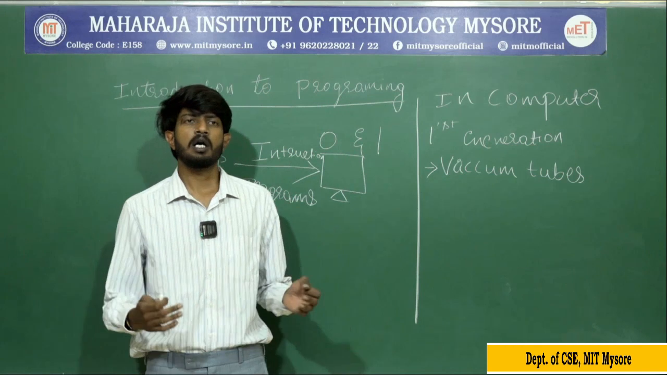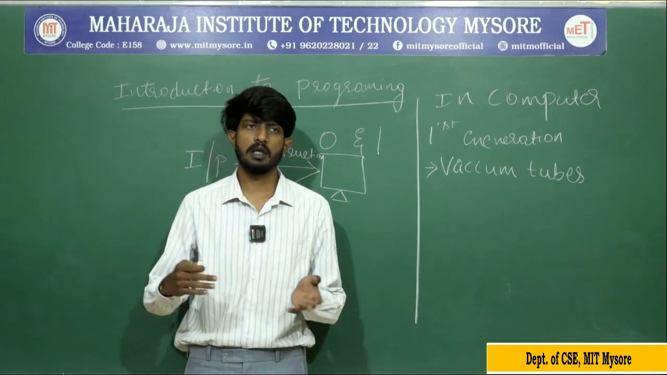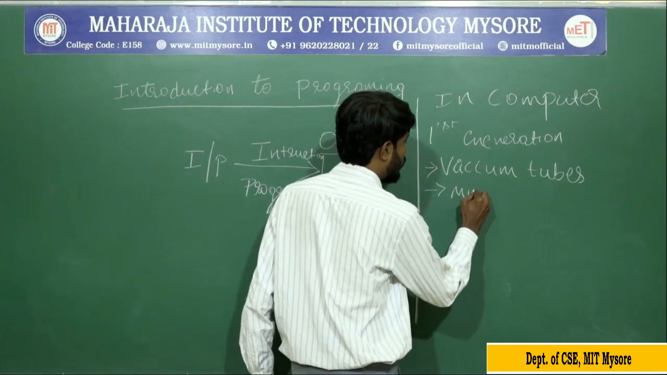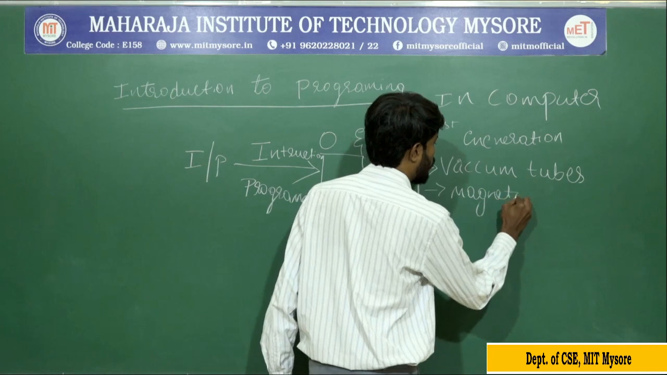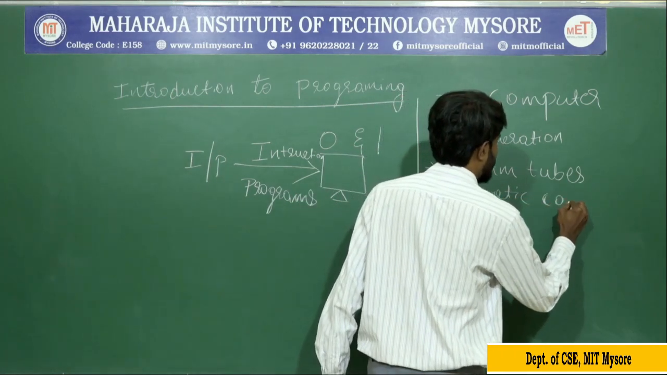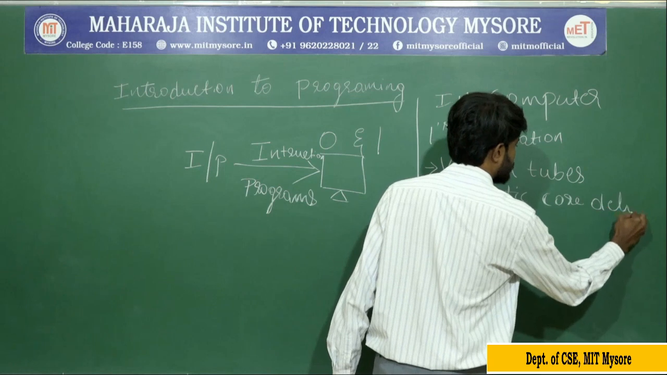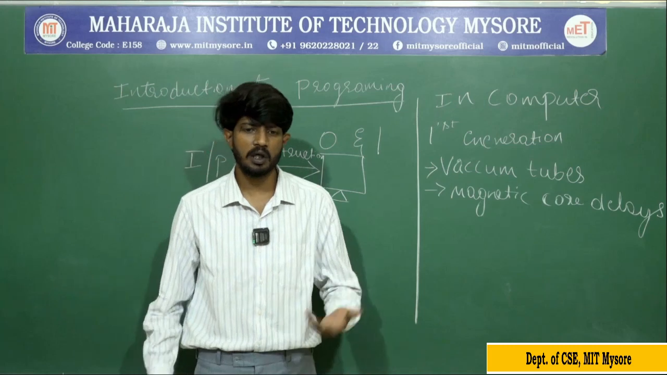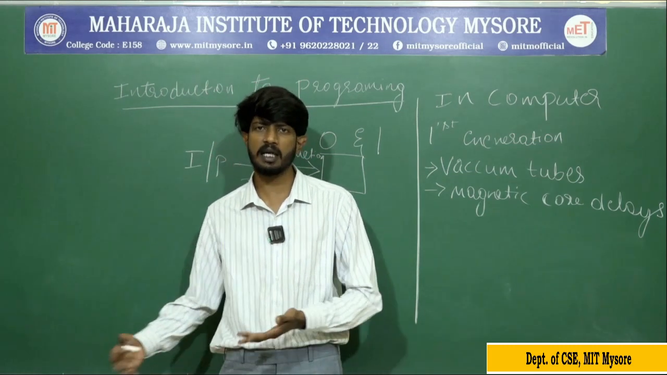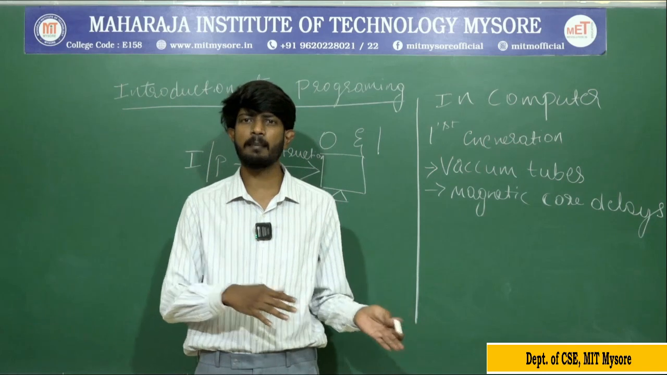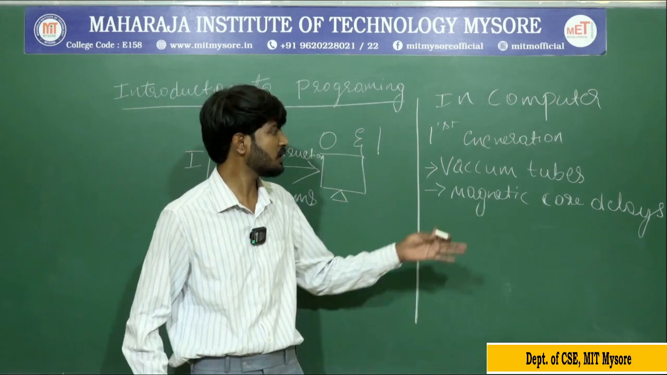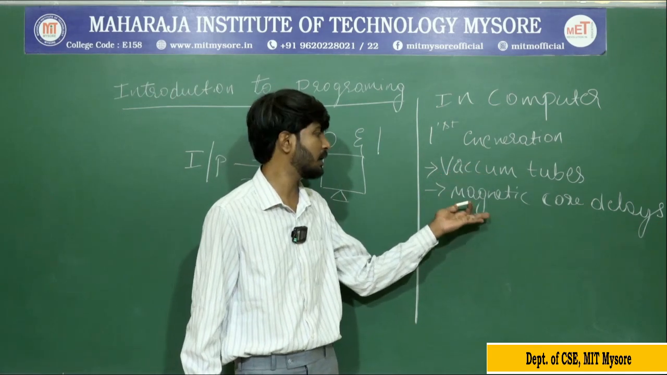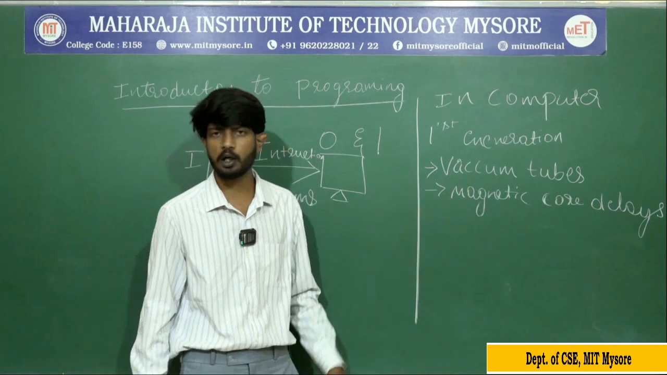And the memory we are going to use here is magnetic core delays. These are used as a primary memory. In our fifth generation or the latest generation we have RAM and ROM. So in the first generation the hardware is made of vacuum tubes and the primary memory is magnetic core delays,